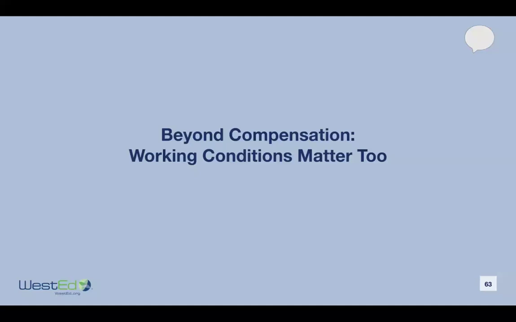A common approach to addressing the challenge of hiring and retaining high quality staff, particularly in hard to staff and rural areas, is offering bonuses and increasing teacher compensation. While financial incentives can be effective in attracting candidates to these locations, they are often seen as temporary solutions. While competitive compensation packages are important, they should be part of a larger, more holistic effort to build a supportive and sustainable teaching environment.